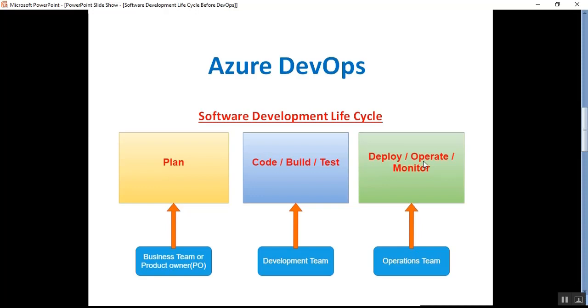Okay, and operate. After deploy, some operations need to be performed. The operation team is what you can call the DevOps team. And then monitor: someone from the team has to monitor what is happening in the server, in the deployment sense, that is, the live server or production server.